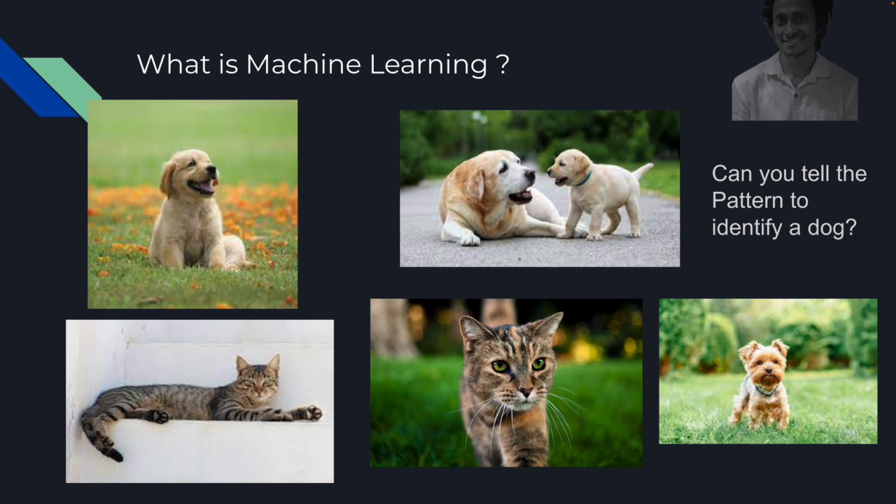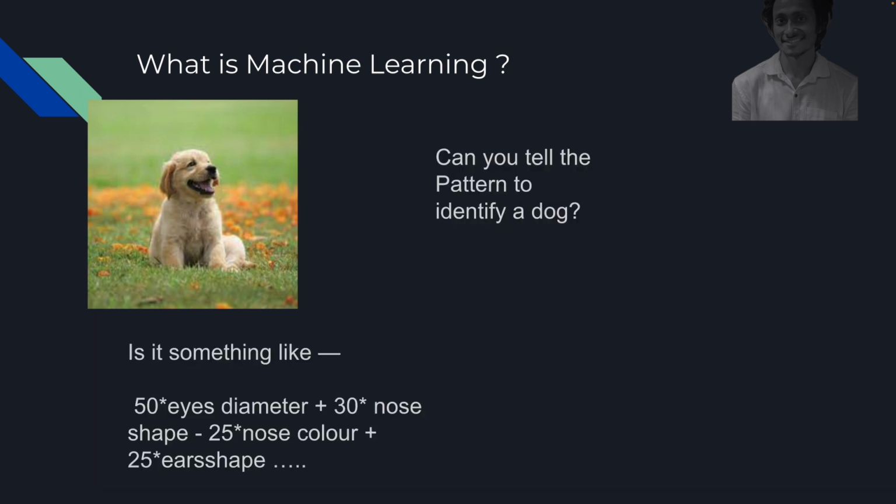But you can definitely tell if it's a cat or a dog, right? But we do not know how we are doing it. When we don't know how we are doing it, then how can I implement the logic and execute it to be able to tell if a given input is a dog or a cat? I don't know the logic, therefore I cannot implement it. As simple as that. Well, the logic could be something like this, where it is 50 into eyes diameter plus 30 into nose shape,